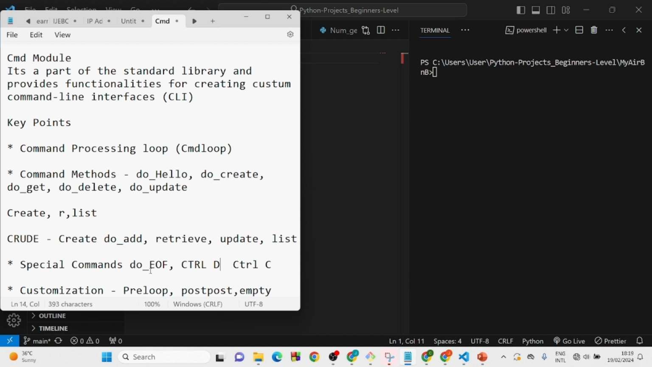Basic methods like preloop, postloop, emptyline, all of these help us. We are going to be using them as we build the CLI. They help us customize the behavior of the